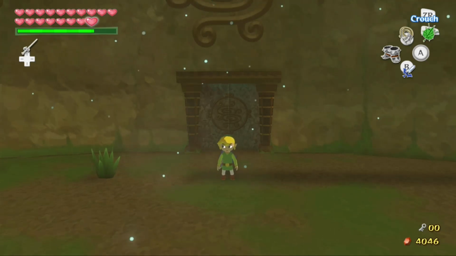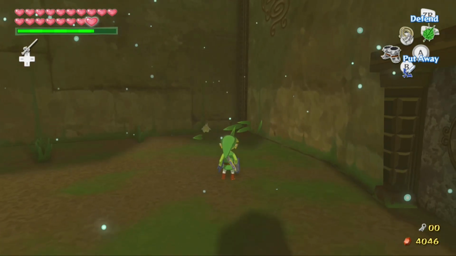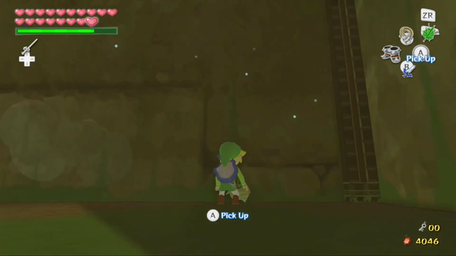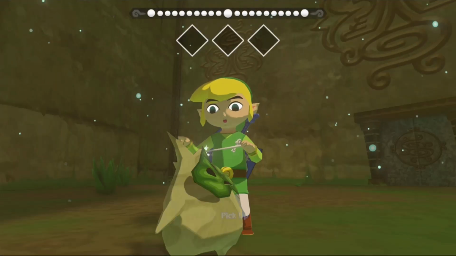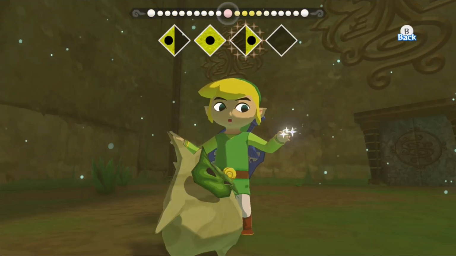In the last episode, we began the Wind Temple and got ourselves the hook shot. And in this episode, we've only got a couple of rooms left before we're completely done here. So, let's get started. So the first thing I want to do is fly my car to